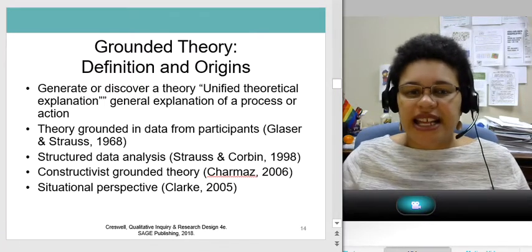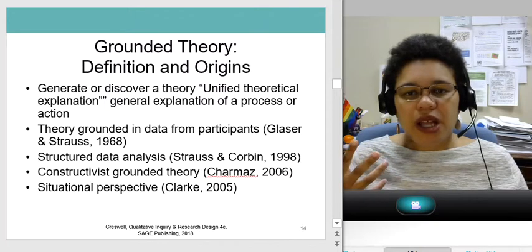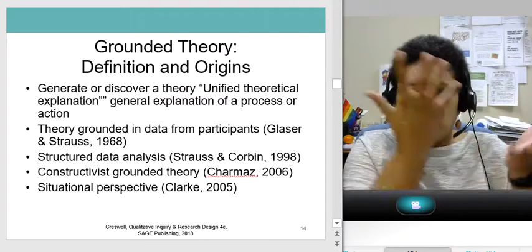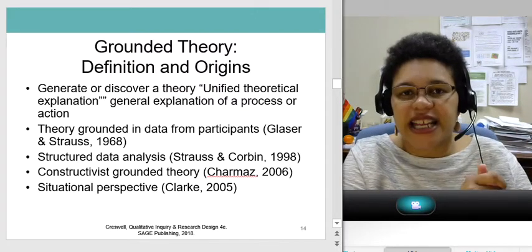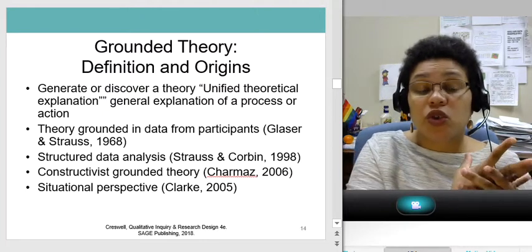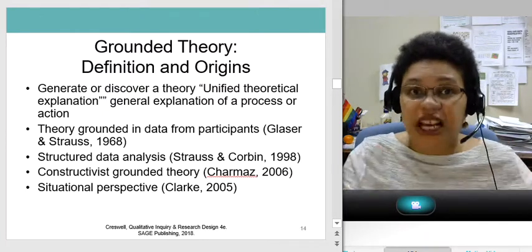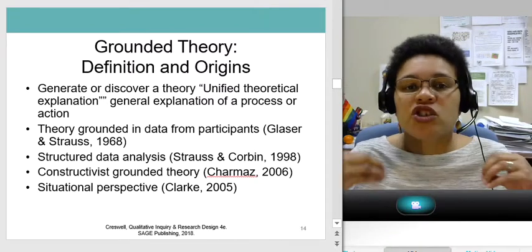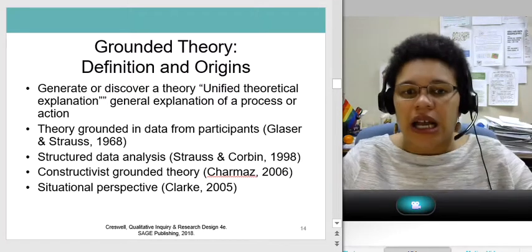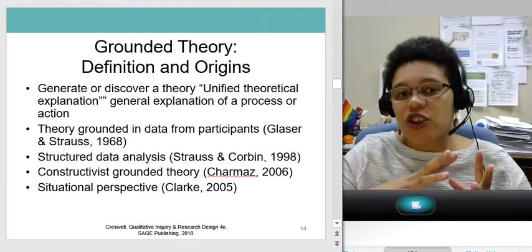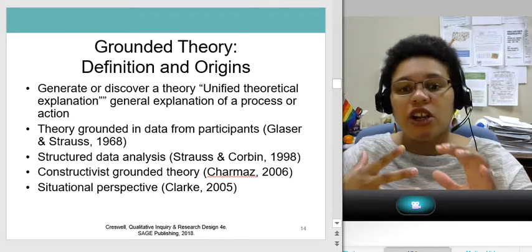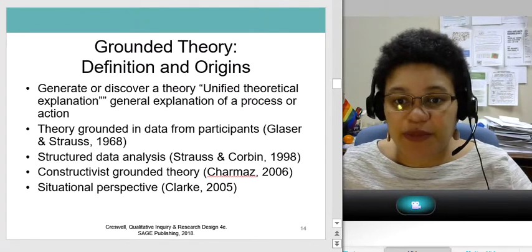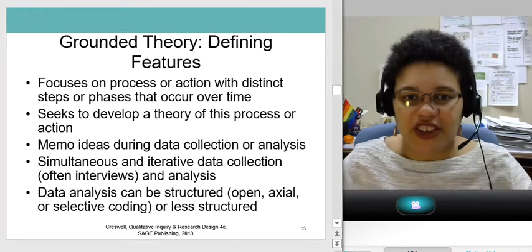So we get this idea of it as being a theory on what is actually true in the world, grounded in data from participants, through to it being seen as, you may not be discovering some universal truth about the world, but it is a structured way of doing data analysis. And to this idea that it can be constructivist grounded theory, and you can incorporate kind of a situational perspective as other options, depending on the flavor of grounded theory you're doing.